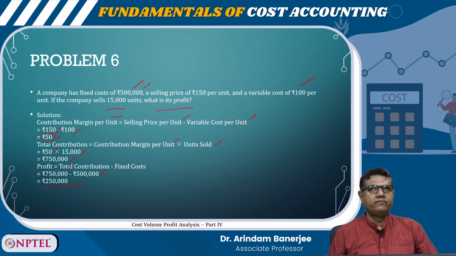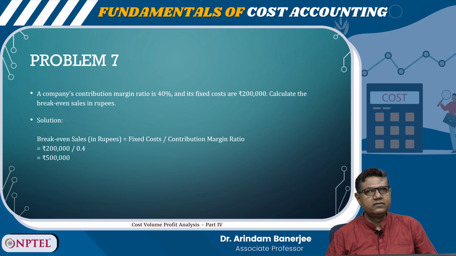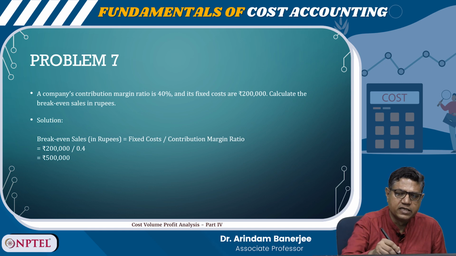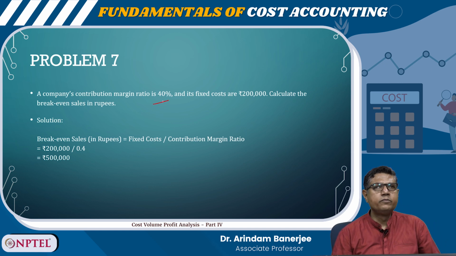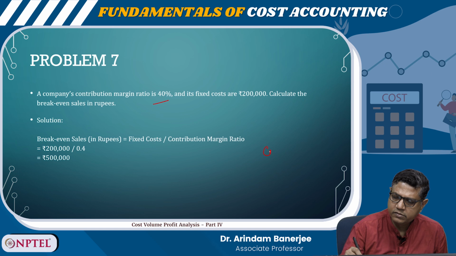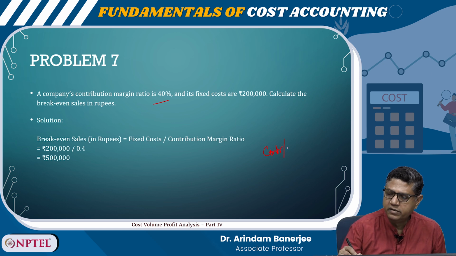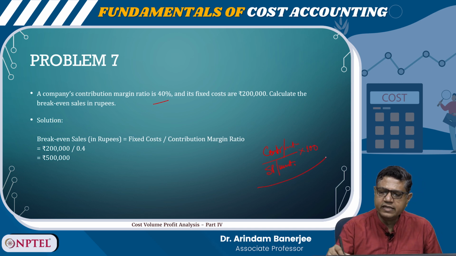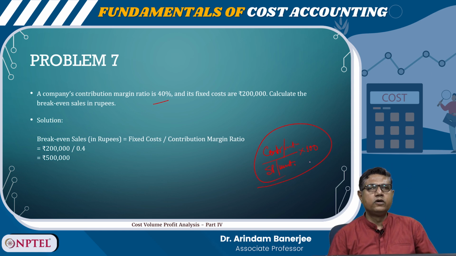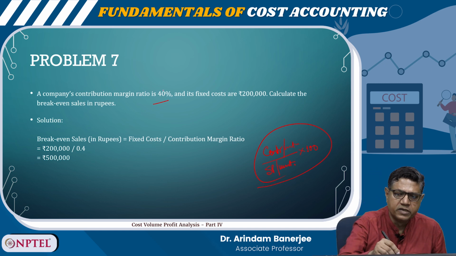Okay. Fine. Problem number 7. Next problem. A company's contribution margin is 40%. Contribution margin we discussed earlier, the contribution margin formula is contribution per unit divided by selling price per unit. And if I multiply this with 100, I will get the answer in percentage. So, the contribution margin ratio for a company is 40%,